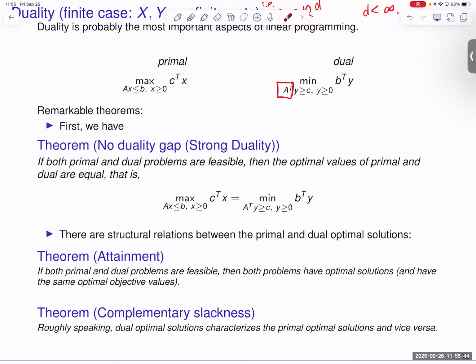It's not like you can find an optimal solution for the primal problem and an optimal solution for the dual problem, but they are kind of random. No, they are closely related. In a way, if you know the optimal solution of the primal problem, you can characterize the optimal solution of the dual problem. If you know the optimal solution of the dual problem, you can characterize the optimal solution of the primal problem. Okay, so this feature